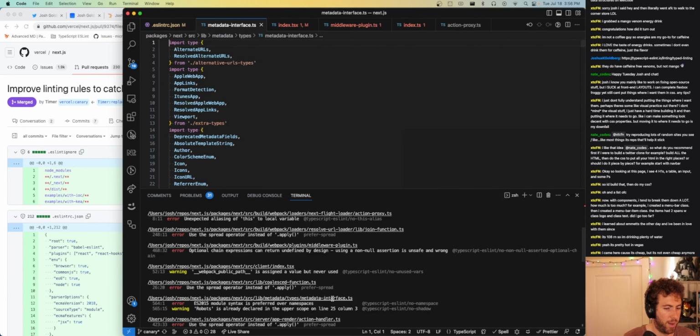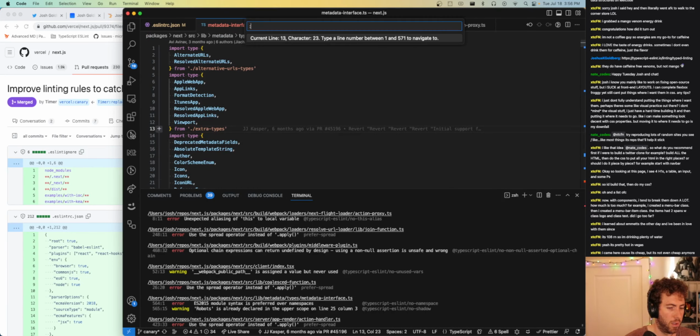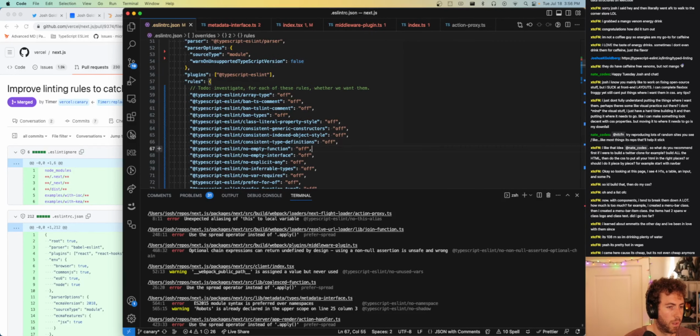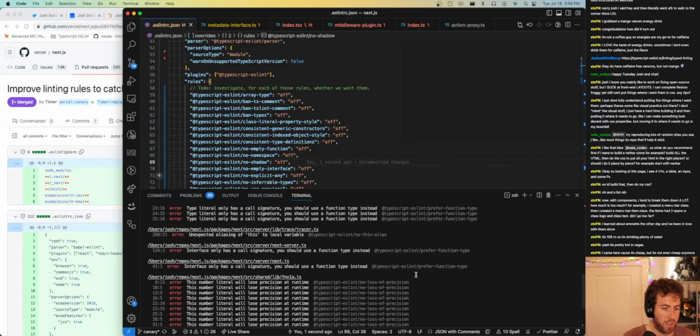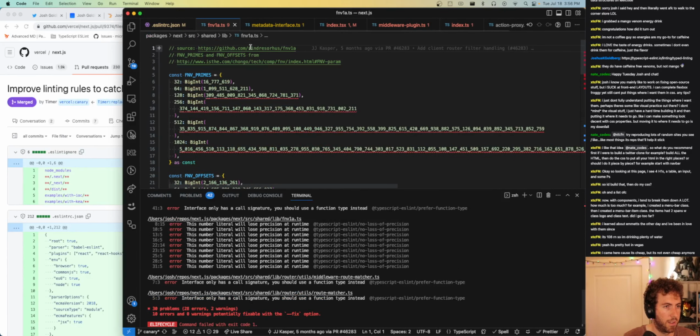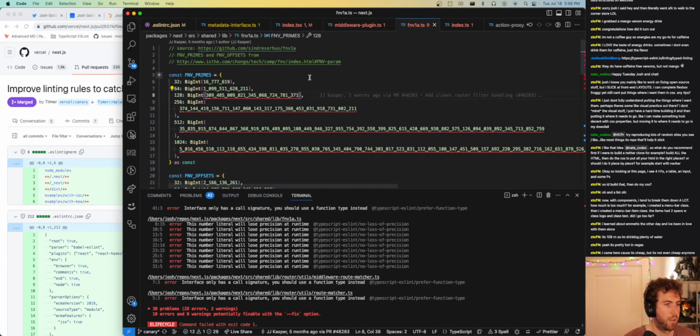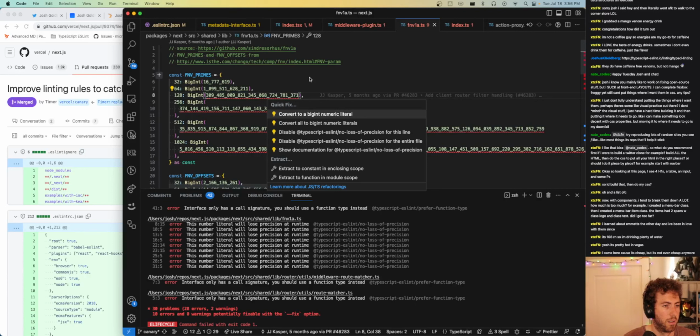And no namespace, no shadow. Ooh. I'll just turn those off. Prefer spread, prefer function type. Aha, no loss of precision. So, this is... Huh. So the no loss of precision